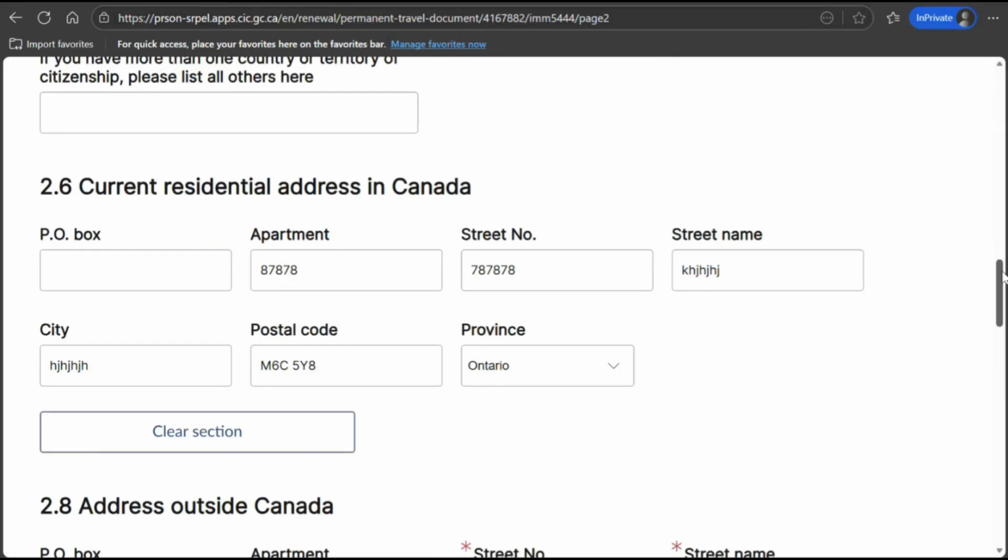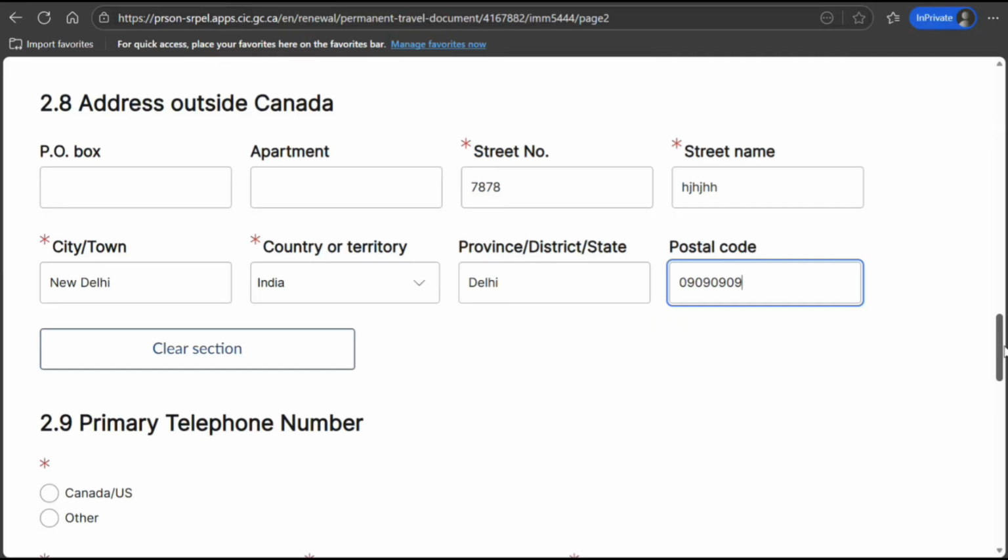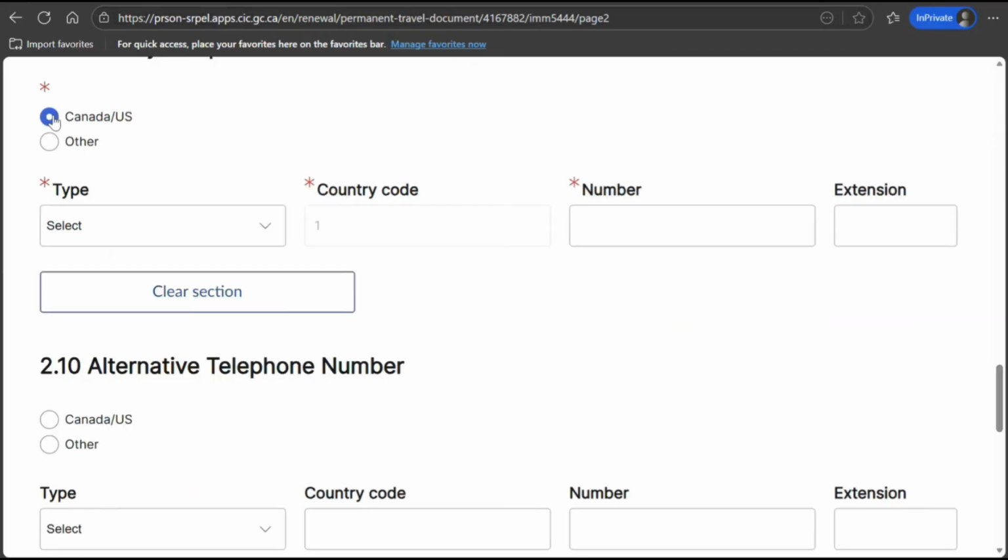Address outside Canada. Let's say you are in Delhi. Primary telephone number: if you're in India and you have an active Indian phone number there, provide that one.